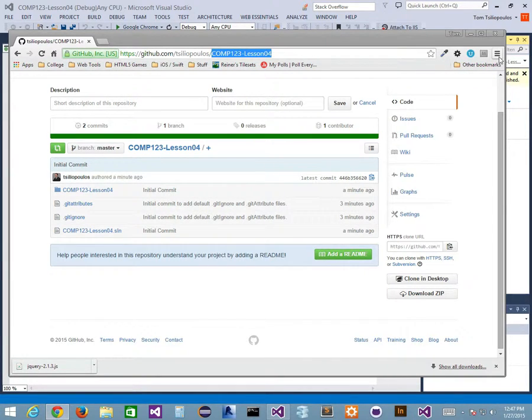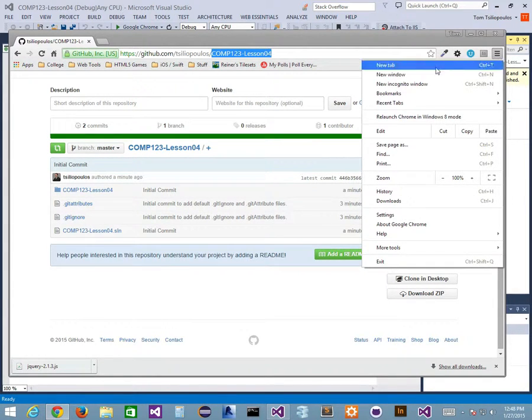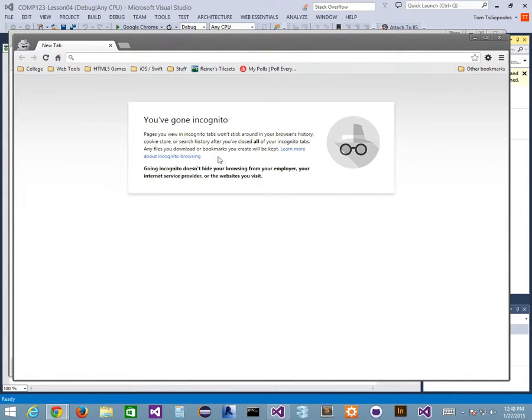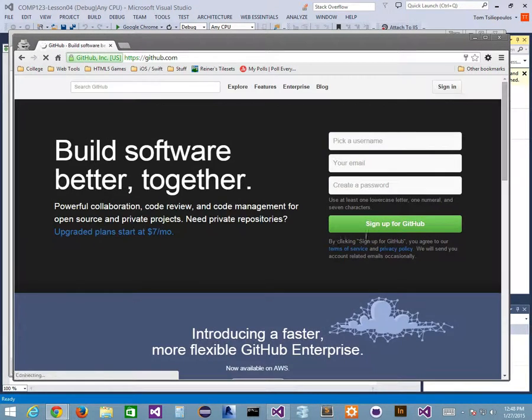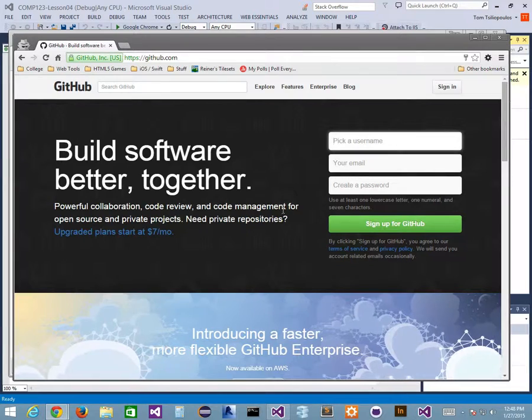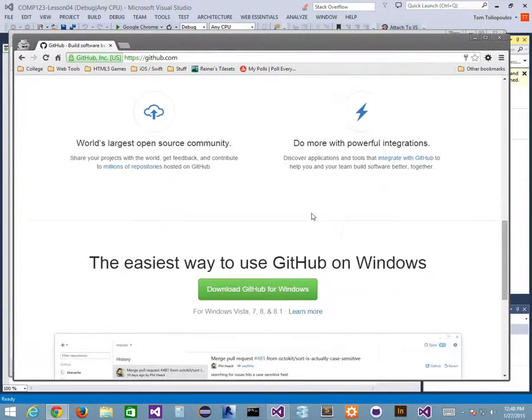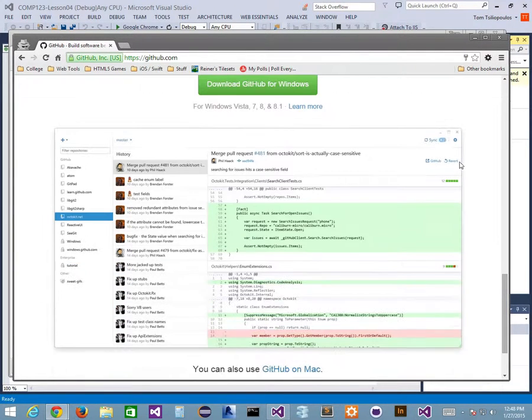Well, there is a helper app that GitHub gives you, right? I'm going to go in there right now as incognito. You can also do this by logging out. So I'm going to create a new incognito window in Chrome, and I'm going to go back to GitHub, right? If I do that, I get this, hey, sign up for GitHub thing like we did before when you first signed up. Well, if you scroll down, for each of your systems, there is the easiest way to GitHub on